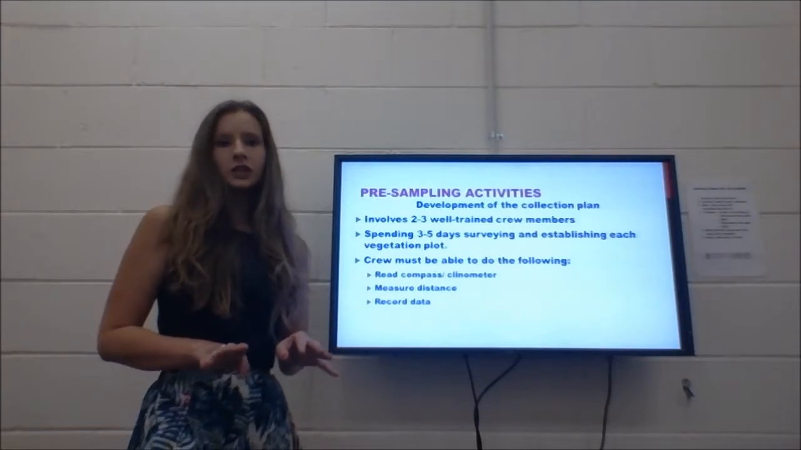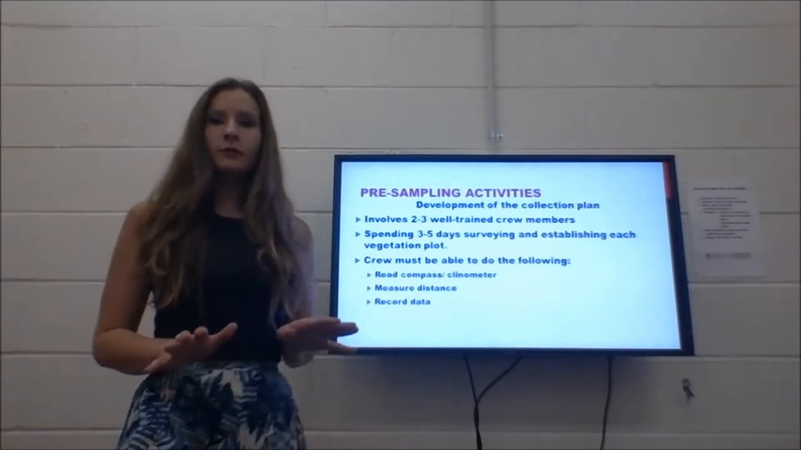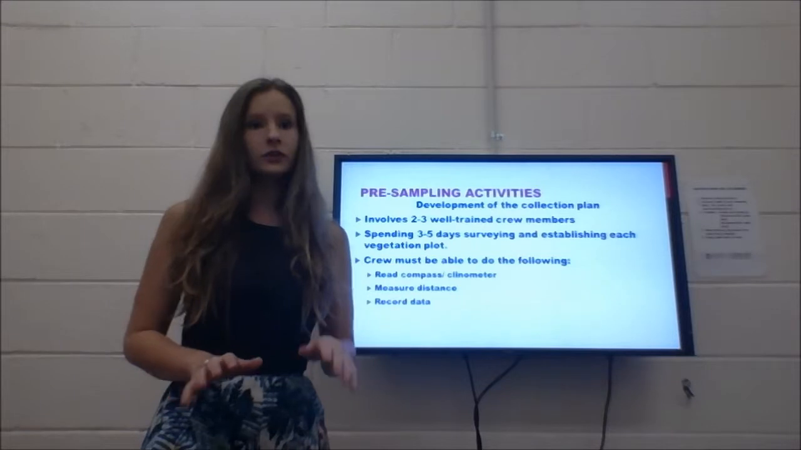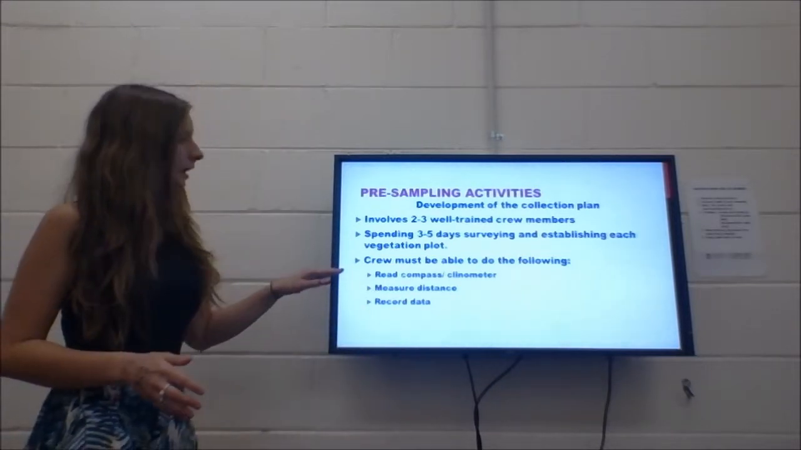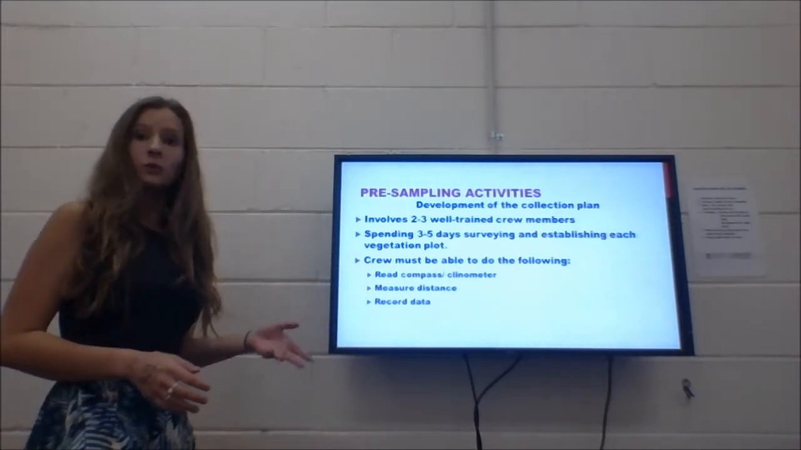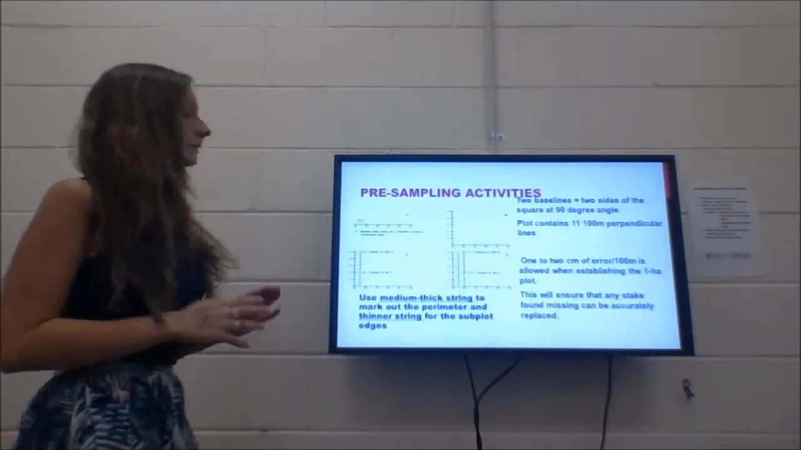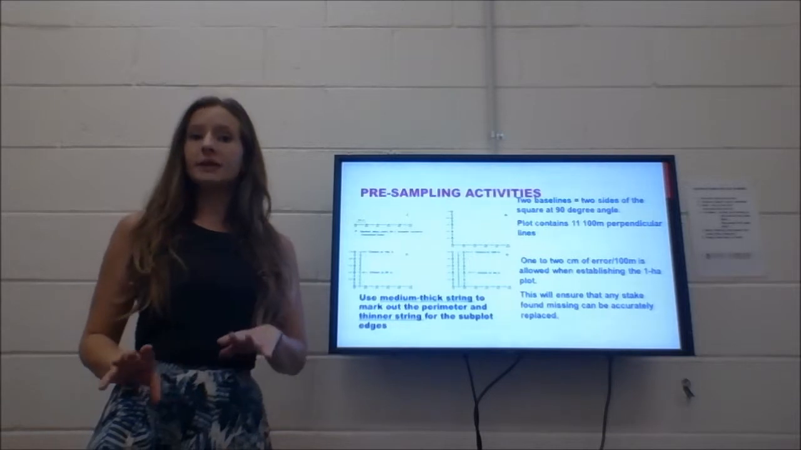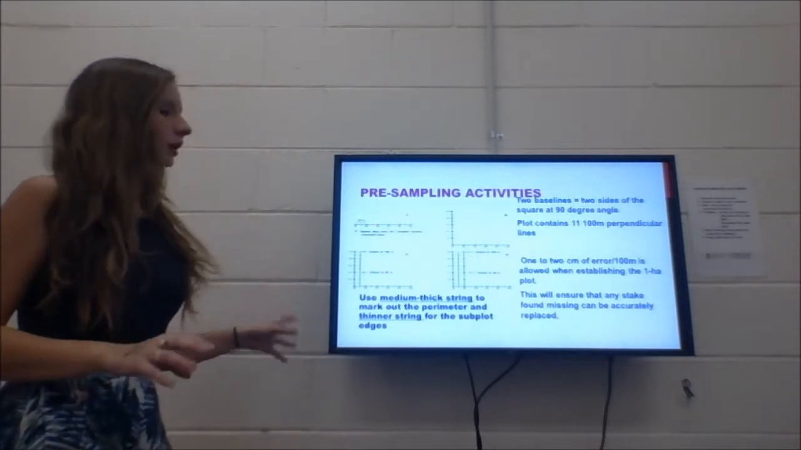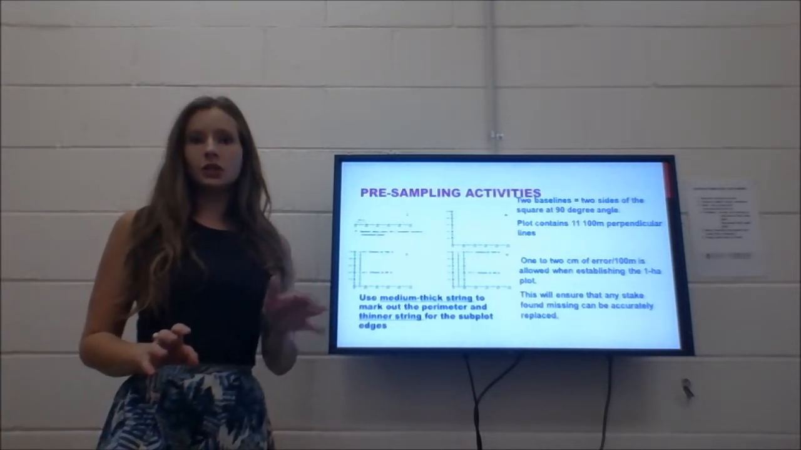2 to 3 well-trained technicians are needed to collect data and spend 3 to 5 days surveying and establishing plots. The crew must be able to read compasses or climate meters, measure distance and record data. Next is marking out the 2 baselines of vegetation plots, plus 1 100 metre perpendicular lines. These baselines are crucial as they are the major lines from which all other lines are measured and checked